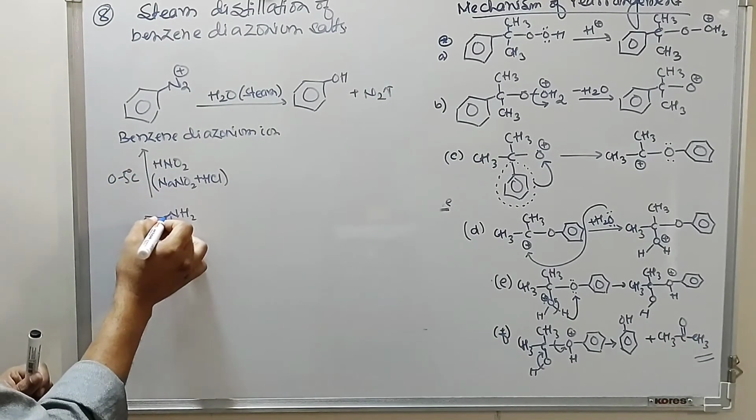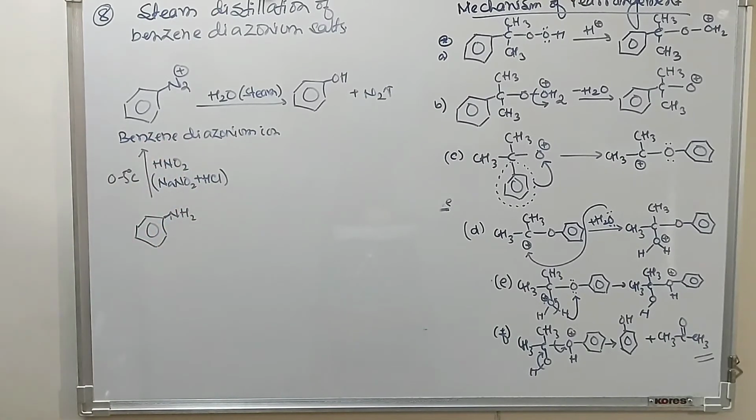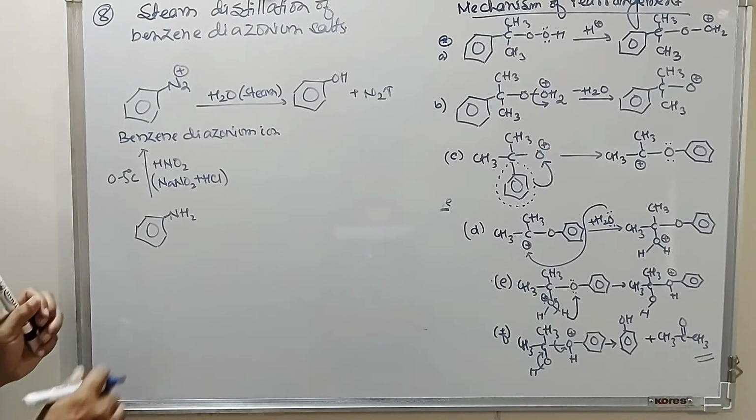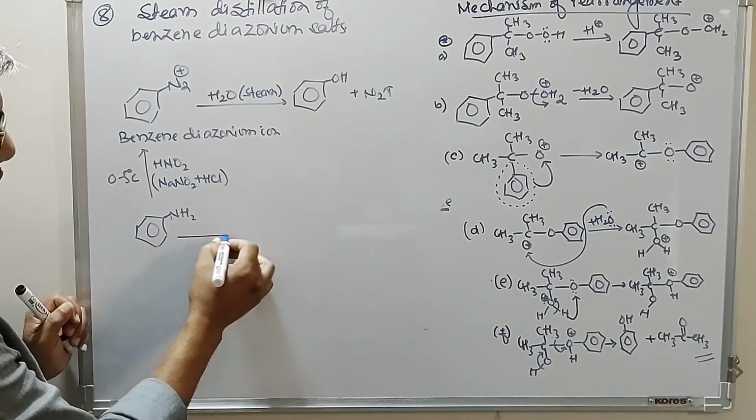So aniline on diazotization with sodium nitrite and HCl or nitrous acid gives you benzene diazonium ion, and this NH2